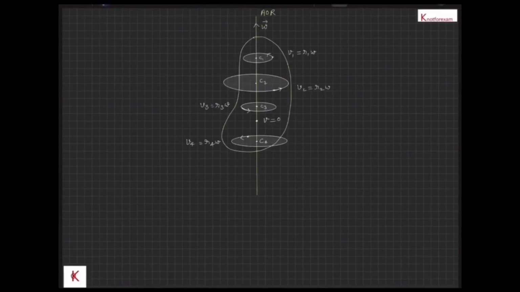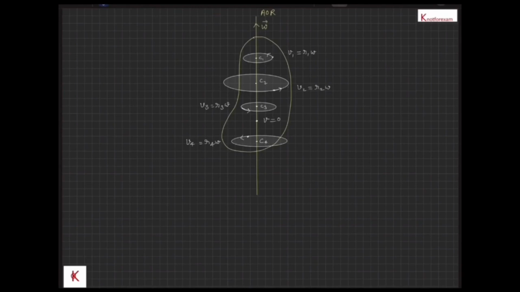Let's take a look at a rigid body rotating about a fixed axis and having angular velocity omega vector at some instant. We can see clearly from the given figure that all particles move in circular paths about the same axis of rotation with the same angular velocity, and all these circles are parallel to one another. Also, if the radius of a circle is r, then the speed of the particle is r omega. Also, the point located on the axis of rotation will be at rest,